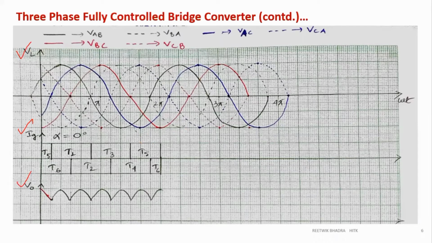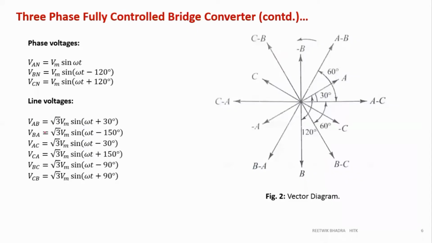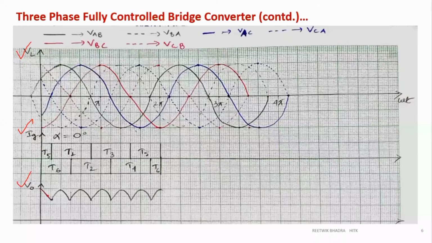Now, how to draw it, I'll tell you. If you are looking into this figure, first we have to draw your VL. This is VAB, VBA, all these things, 6 voltages. So take three different colors. See, blue line, black line, and red line someone has taken. Okay, and the dotted represents the opposite way. If AB is bold, VBA will be dotted. If VBC is bold, VCB will be dotted. If VAC is bold line, then VCA will be dotted line. So this is how you should take the convention.